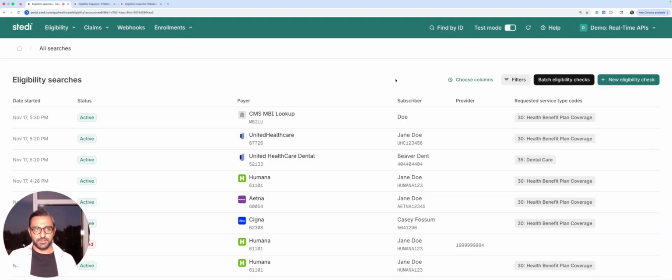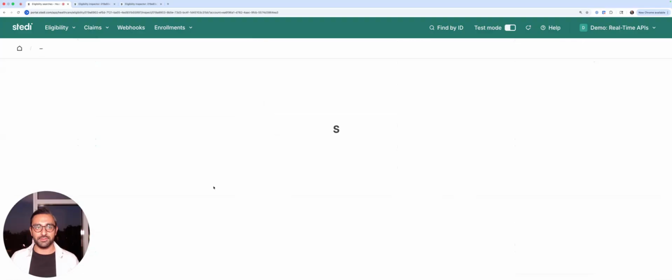As we go through these three topics, we'll look at response data as it's presented in the Stedi UI, as well as how it's presented in the actual JSON response from a direct API call, so that you can get a feel for how to navigate response data in both of these environments. Let's get started. Starting off here in the Stedi UI, I'm going to go ahead and click on this mock